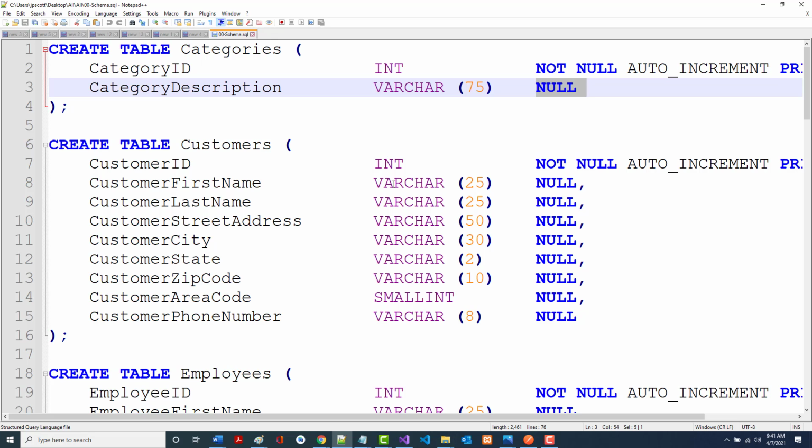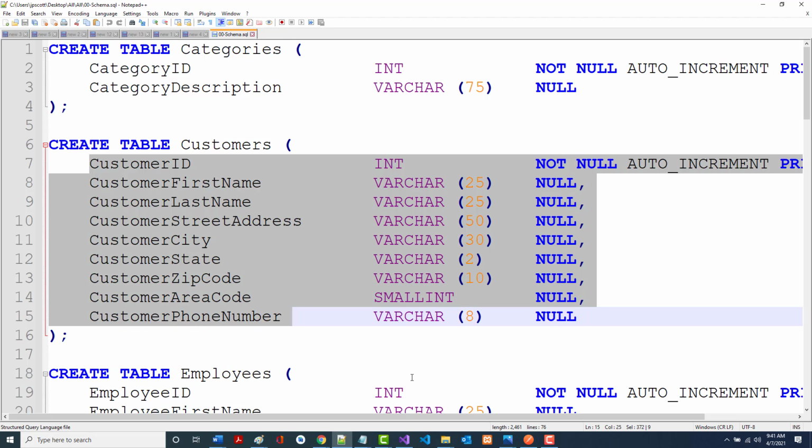All right, then we've got the customers. This is the ID for each unique category. This is the ID for each unique customer. Does that make sense? All right. And I'm not going to go back to that picture again, but these were all the fields in that customer table. Now, do you have to preface each one with the word customer, all these with the word category? No. But it makes it much easier to know what table it goes with, calling it customer first name as opposed to first name. All right. So these are all the ones you see highlighted now. These are all of the fields for the